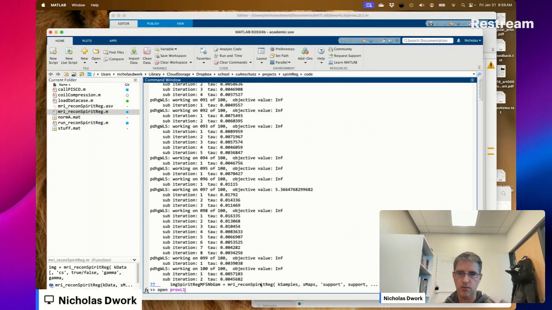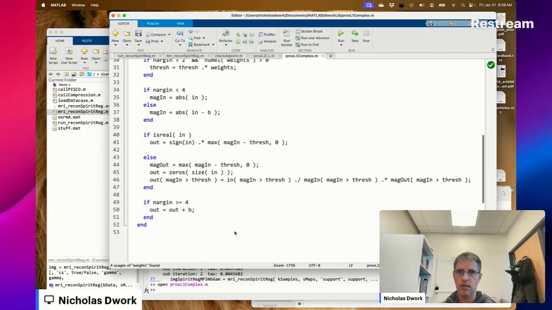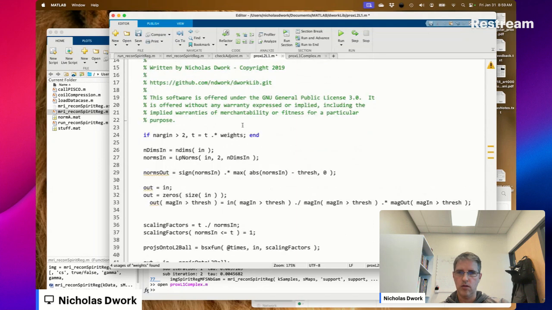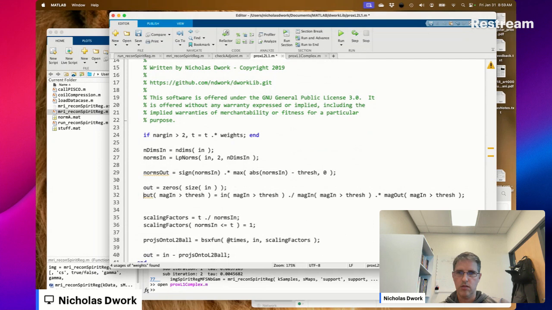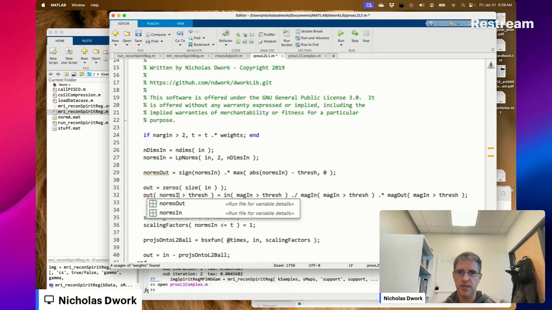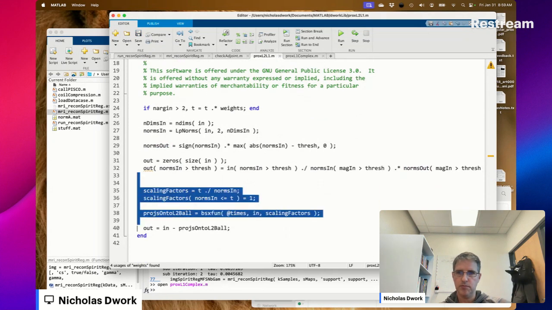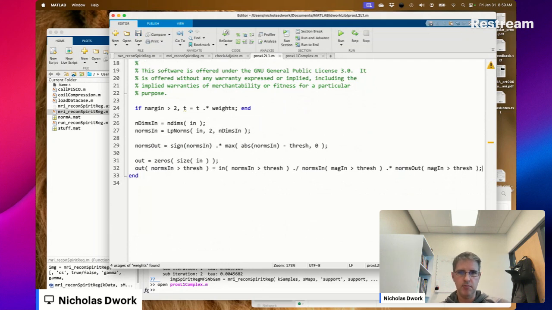So open prox L1 complex. Norms in greater than thresh is equal to in norms in greater than thresh divided by norms in times norms out. That might be the same.